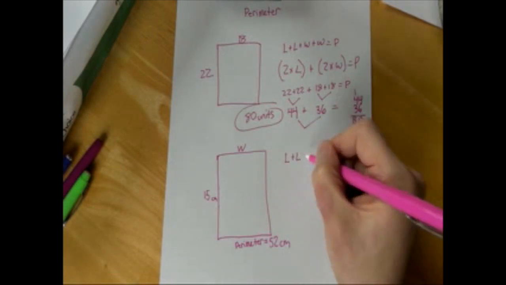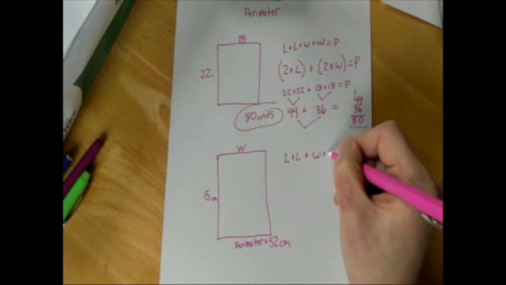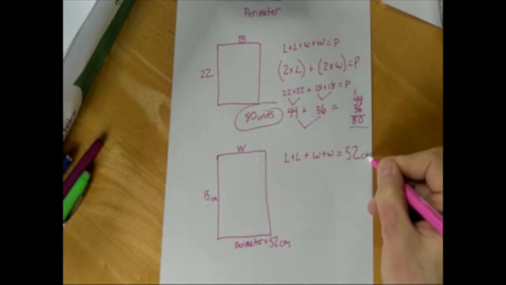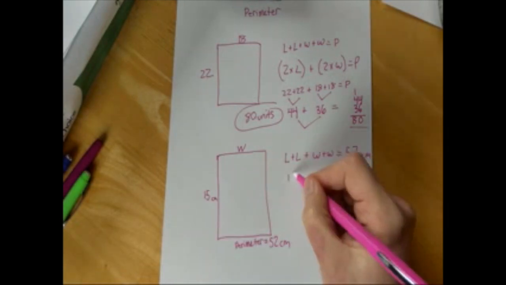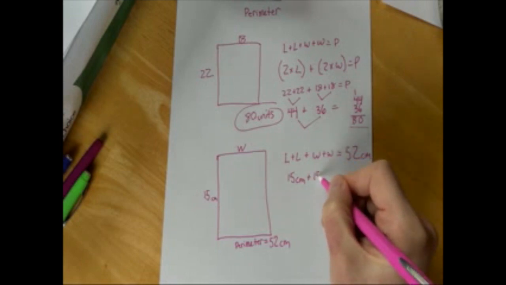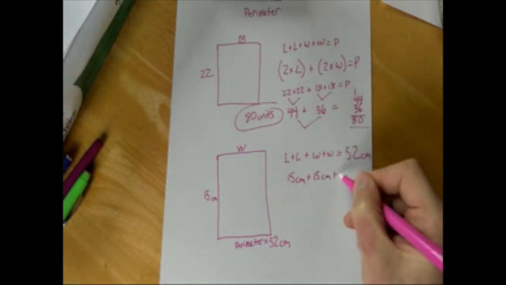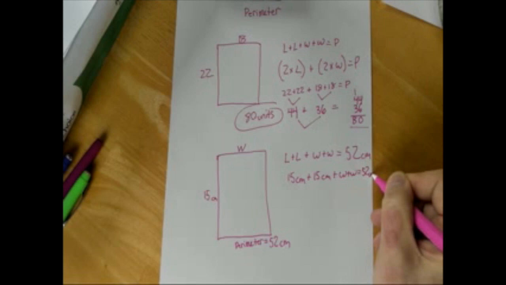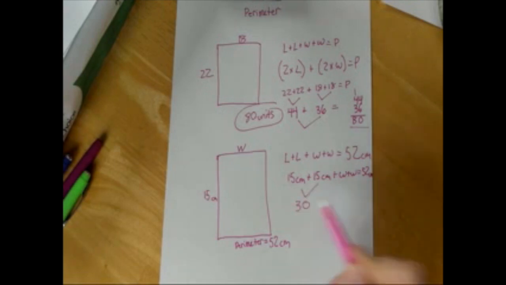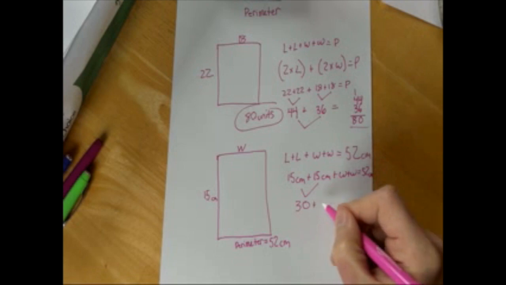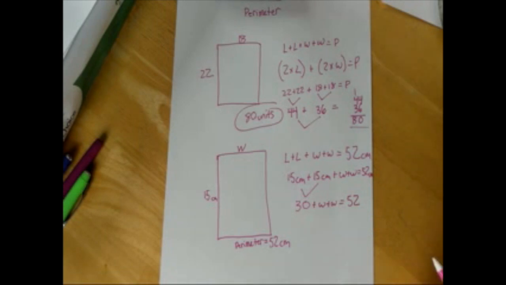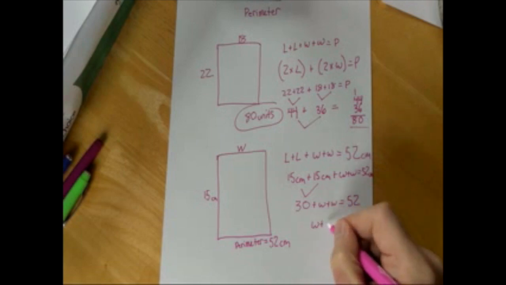So I know that the length plus the width is going to equal 52 centimeters. Well, our length is 15, so 15 centimeters plus 15 centimeters plus both of our widths will equal 52. Well, I know 15 and 15 is 30. Now all I need to do is subtract 30 away from here,